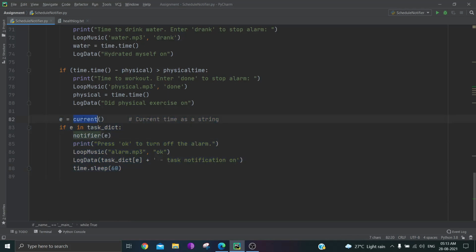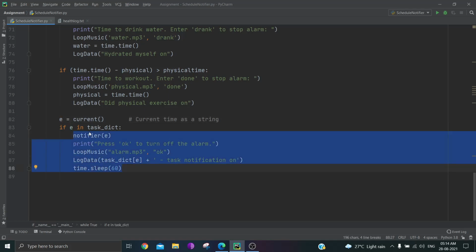So this current function which we created returns the current time at that moment as a string, and that value is stored in e. If that particular time string is in the task dictionary, that means if we want to perform some task at 10:40 and it is 10:40, this if block will get executed.